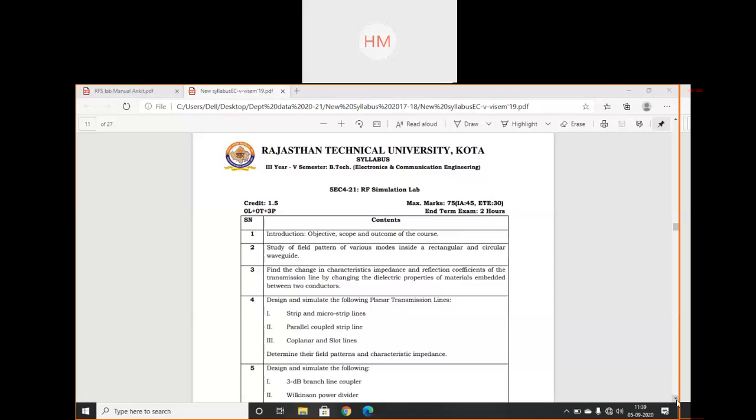Okay, so now here, microwave engineering basics you have studied thoroughly, where you have studied electromagnetic waves, Maxwell's equation, EM field, your modes of transmission, waveguides, rectangular, circular, transmission lines you have studied. So, based on that subject, this lab is designed. So basics of your EMFT microwave engineering is required to run this lab.